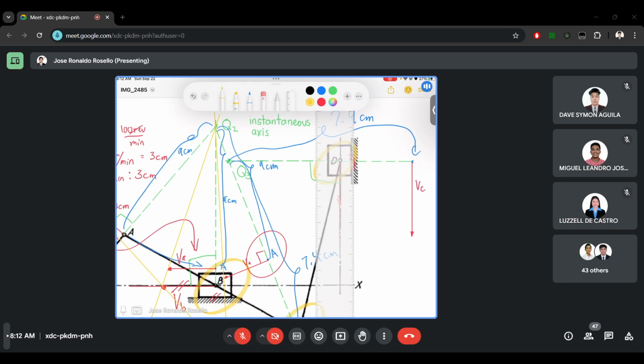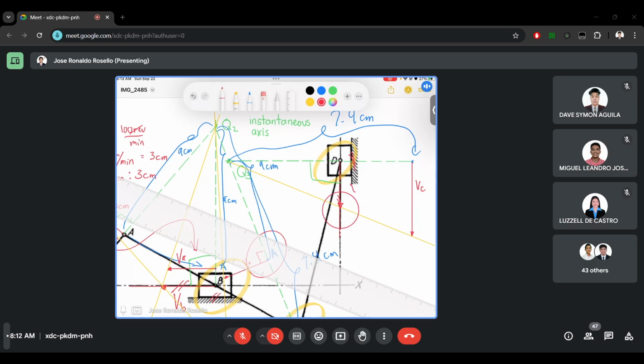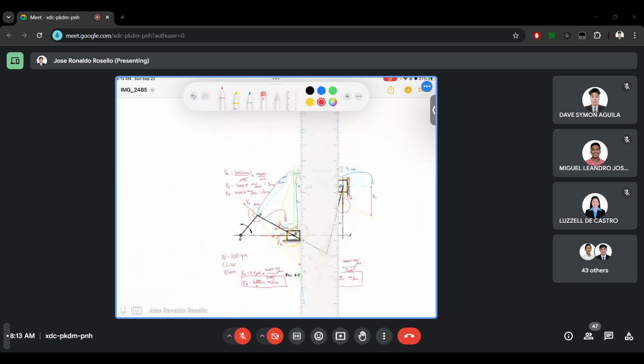Then let's make a proportionality line from Q3 going to the end of velocity c. Then from point D, it will intersect this proportionality line. The intersection will be at this point. So this is now velocity D. Let's just measure velocity D, how long it is. It is around 3 centimeter. So velocity D